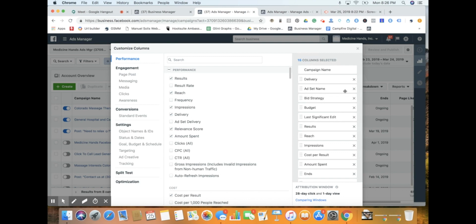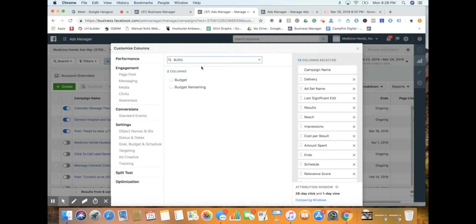It's a likes campaign. So campaign name, I would probably want to know, delivery, the ad set name. Bid strategy, not relevant for us right now. Budget, we might actually want to keep that one. So I might come back up here, make sure that one's selected. Last significant edit, I'm going to show you a creative way to look at that. Results, we could have that. Reach and impressions, I think, are good. Cost per result, amount spent. That's usually what you use for what you're spending on Facebook versus cost. It's actually amount spent. Ends, that tells us when the ad campaign is going to end in the schedule,